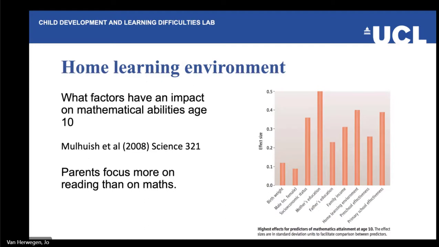and what kind of informal activities they do with their children. And in our own research, we looked at how often parents focus on reading and on mathematical abilities. What you find is that parents focus a lot more, in either formal activities like explicit book reading, but also informally talking about letters, pointing out words when you're driving or walking, than when they're focusing on maths. So, saying to children, well, look, there's 40 miles per hour, it's a 4 and a 0, for example. So there tends to be more focus on reading than on maths within the